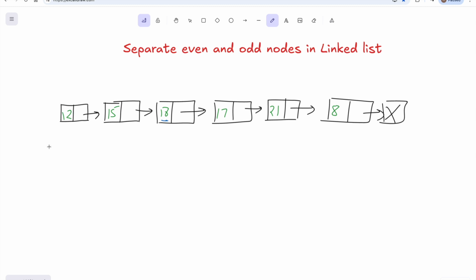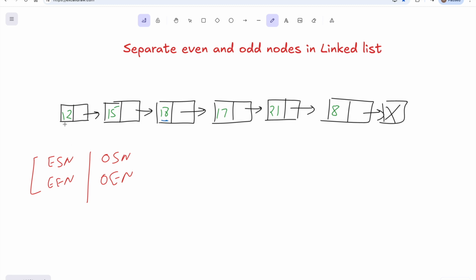So first of all, we'll be having the even starting node, then the even end node, which will be tracking the start and end of the even nodes. And then we'll be having two more pointers, the odd starting node and the odd end node, which will be tracking the starting node and end node of the odd linked list.